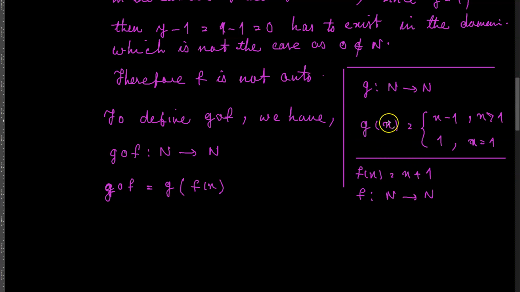Which means that if I want to create g of f of x, I have to write it as x plus 1. So then g of f of x becomes